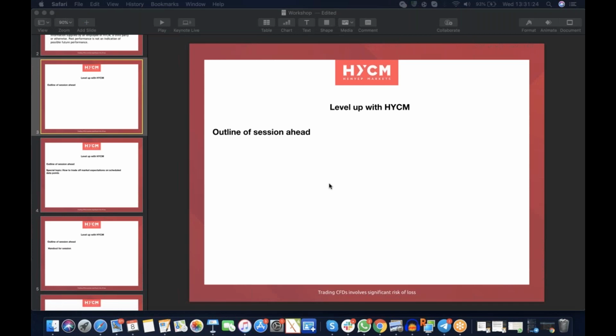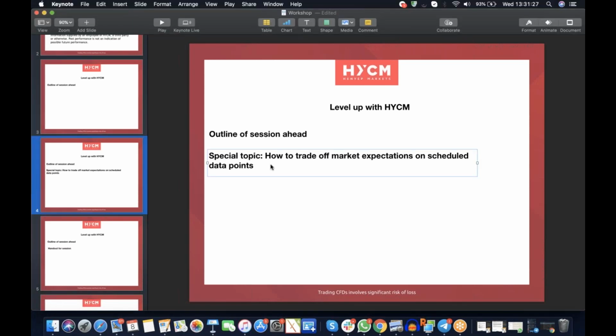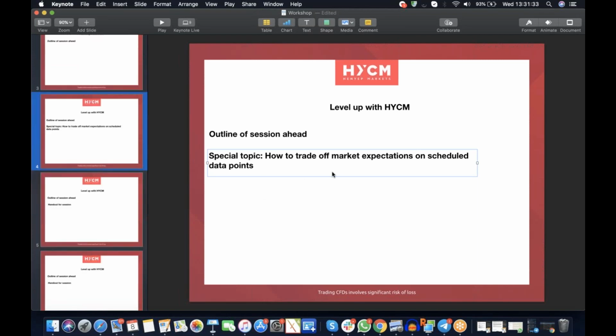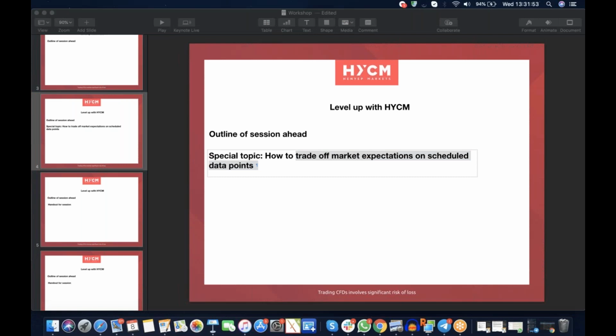Now, other key areas we're looking at, a special topic I'm looking at today is how to trade off market expectations on scheduled data points. So what I'll show you is how the market goes about interpreting data as it's about to be released and as it is released. I'll show you a couple of tricks you can use about trading off market expectations, and we'll use a couple of examples coming out for tomorrow